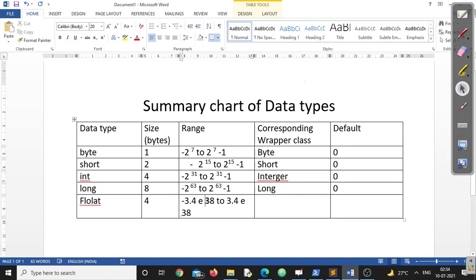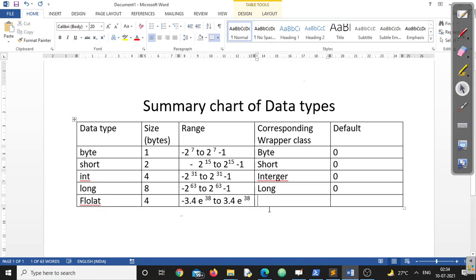And what is e? It is exponent, that is represented by 10 actually. So it is written minus 3.4, 10 to the power 38. Similarly, this is 10 to the power 38, right? This is the range for float value, right? And what is the wrapper class for float? The wrapper class for float is again Float. What is the default value for float? It will always be 0.0.